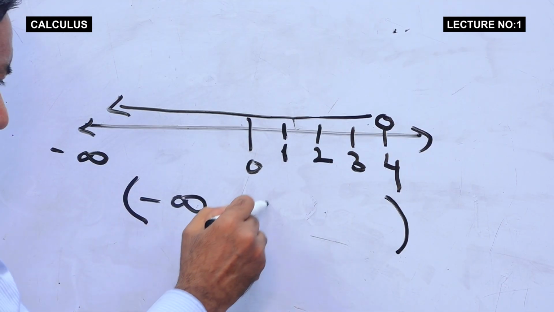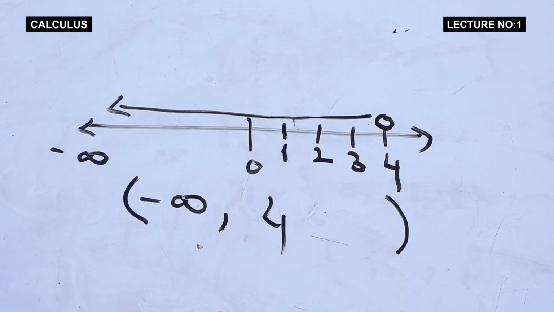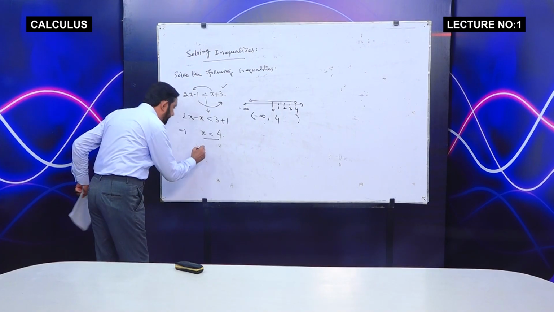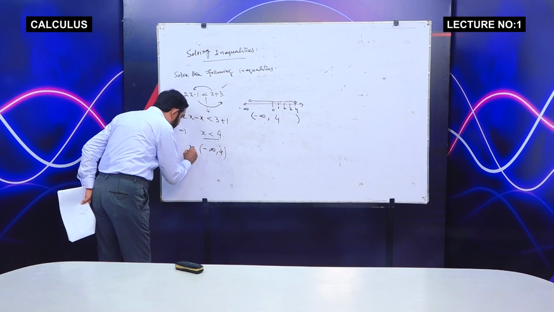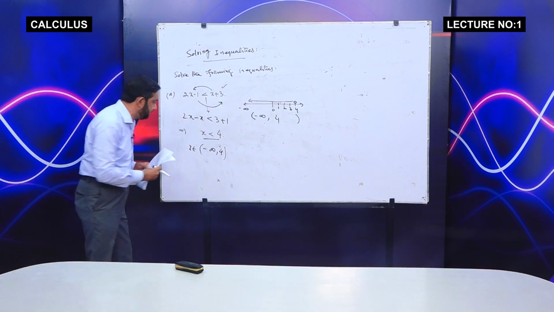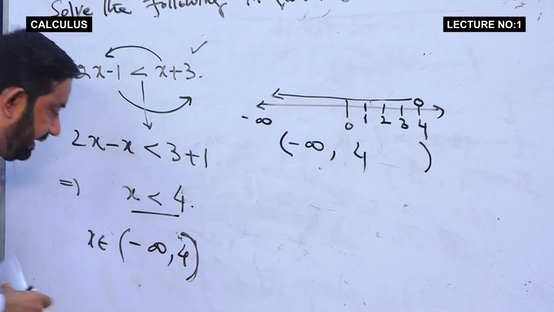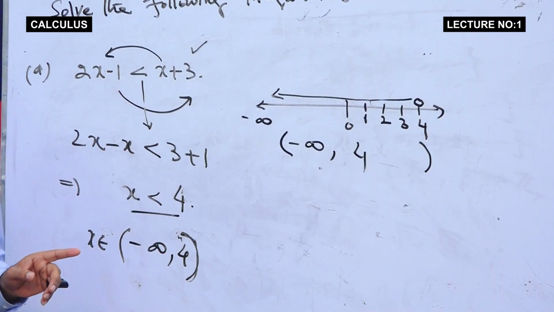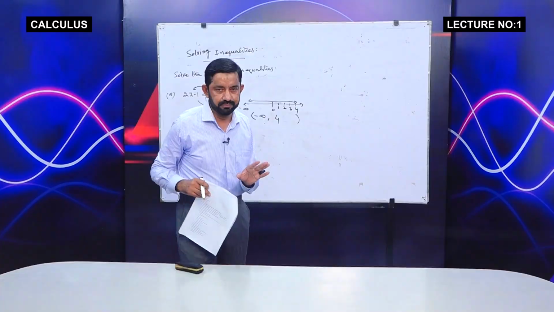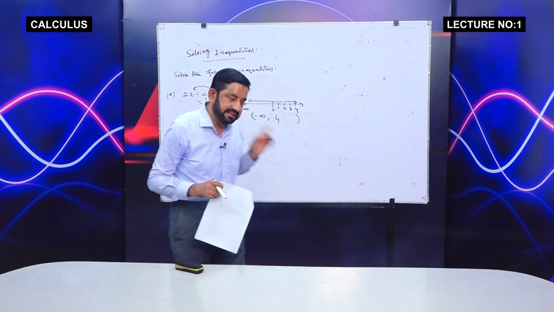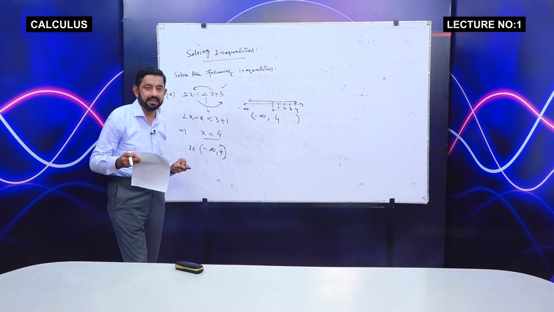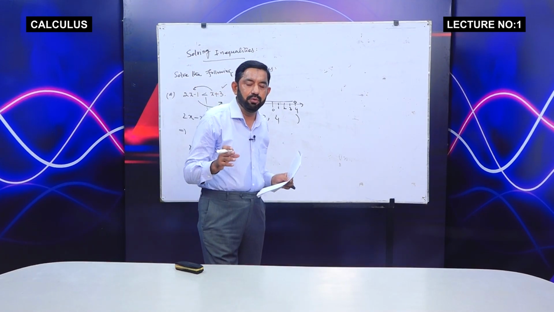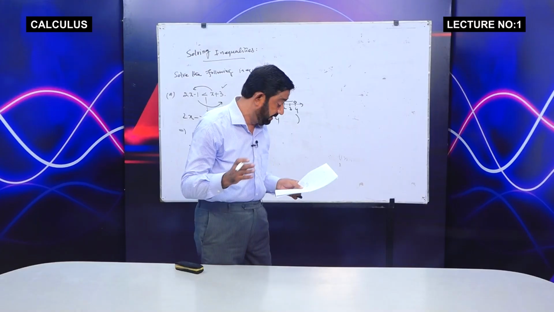So the solution set is minus infinity and 4, so x must belong to this interval। x अगर इस interval को belong करेगा, इस interval में से values होंगी तो your result remains true, आपकी इनइक्वालिटी ट्रू होगी। एंड दिस इज द वे टू राइट द सॉल्यूशन सेट, और सॉल्यूशन सेट को लिखने का ये तरीका है।